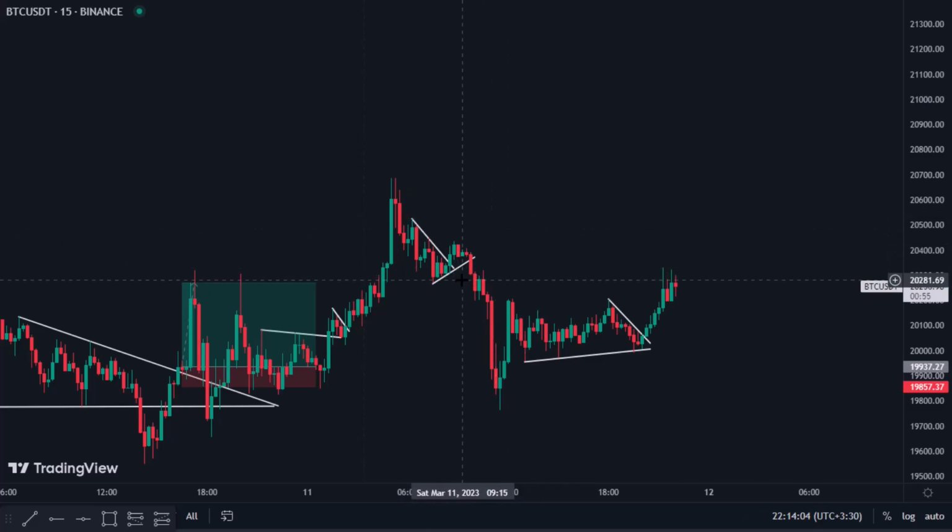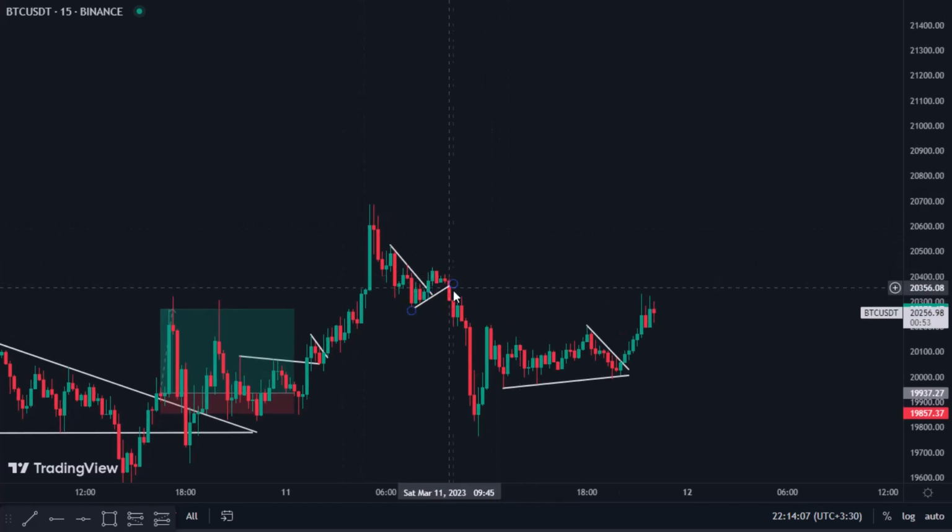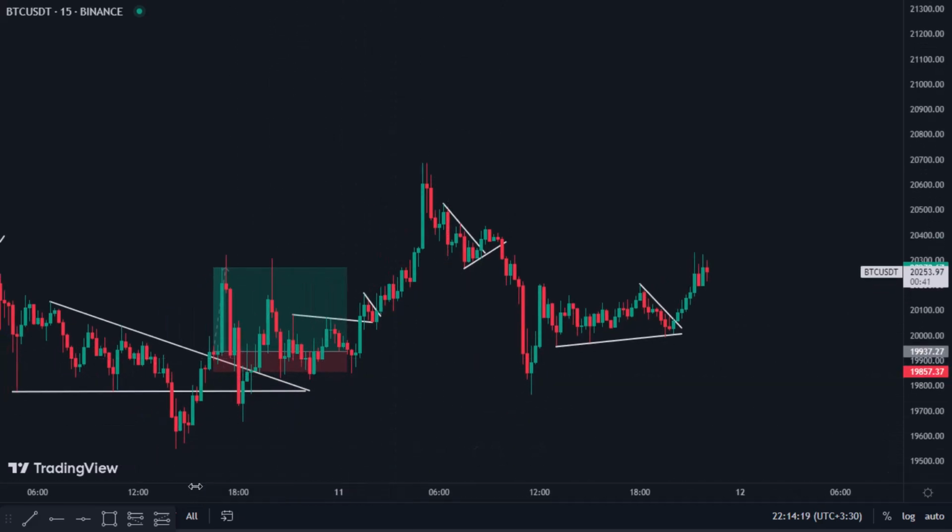Okay, and then I had this trend line too, which I saw it is broken. I entered the sell position here, put my stop loss above that candle and close it somewhere here, actually on this possible support area here. As you can see, let me draw that. Let me actually